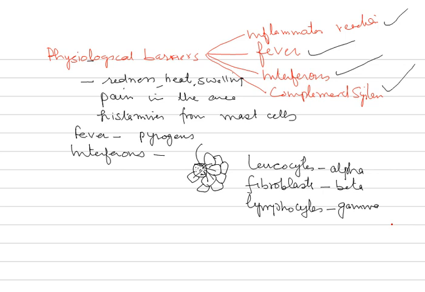Then comes the complement system. Now, the complement system is a biochemical cascade consisting of 30 different serum proteins. So it is a defensive system consisting of plasma proteins that attack and destroy the microbes. Now it participates both in innate and acquired immunities. So here two mechanisms have been seen. It is of two types, you can say, complement system.